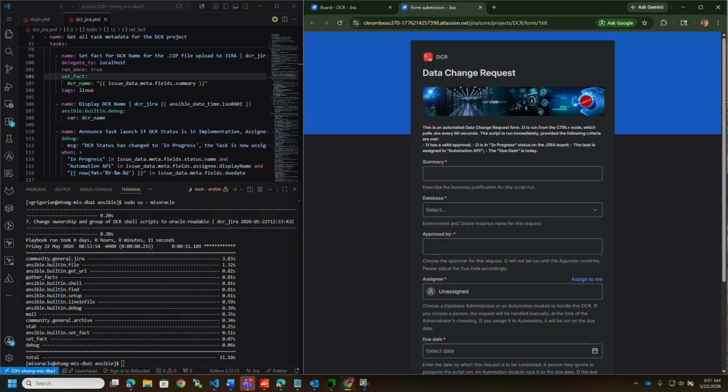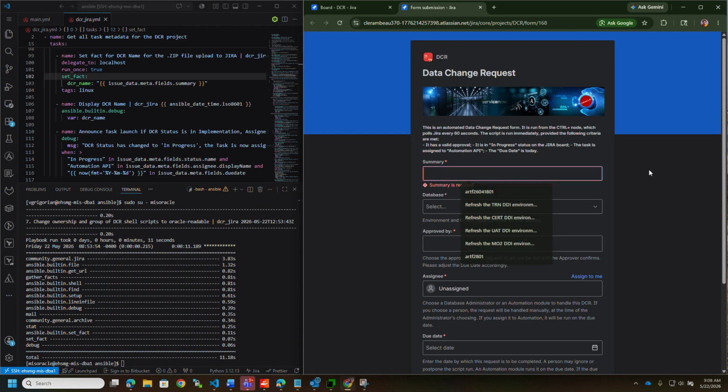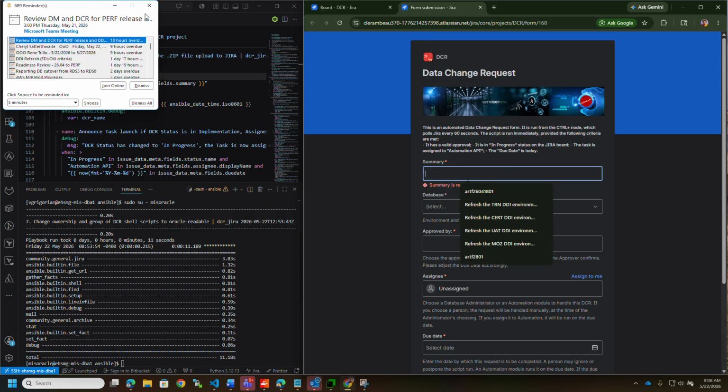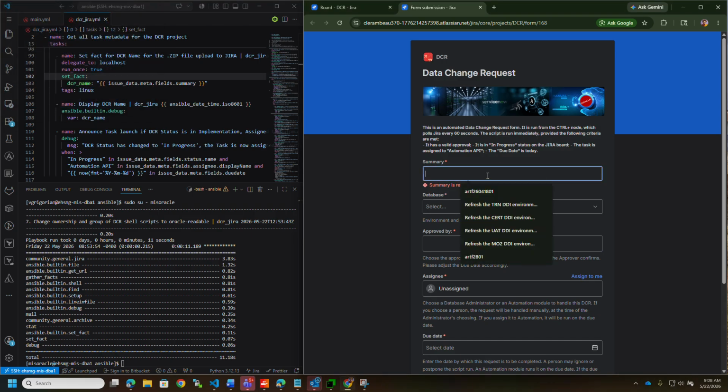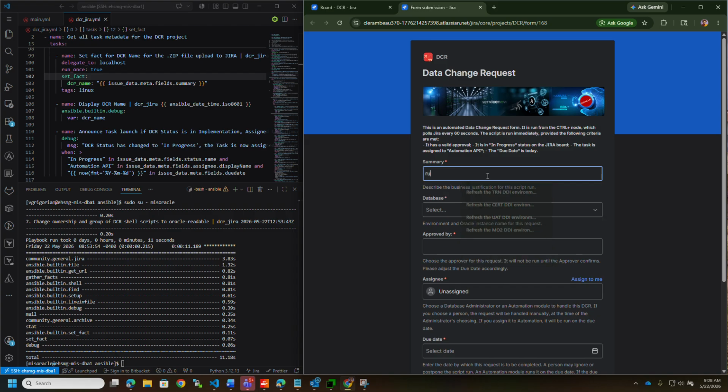There will be a form to run a script. In this case, the script can be run either by a person or by an automation module. Either way, let's fill this out and see what the difference is between a manual run and an automated run. There are a few basic entries that need to happen, most of them required. The first one is to describe it: run this script